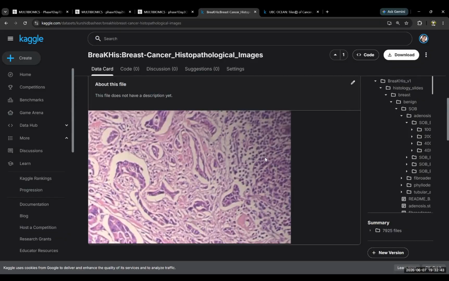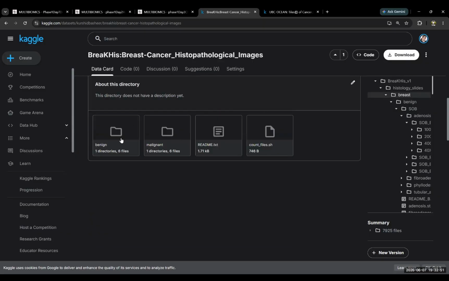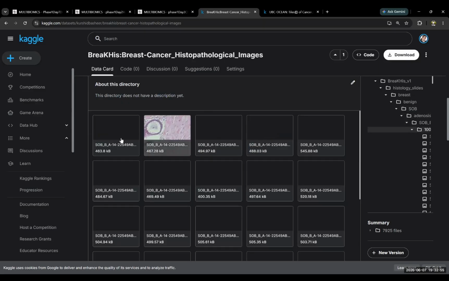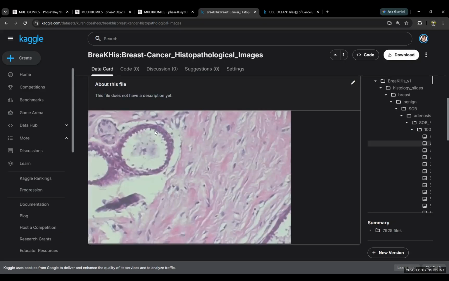Carcinoma. Whenever you hear carcinoma, you know that is malignant. If I go back here, let me open one benign image, adenosis. Here in adenosis, you can see round glandular structure, yes or no? Perfect structure, ma'am, is visible. It is not random. But the previous image was random, totally no patterns at all. Yes or no?